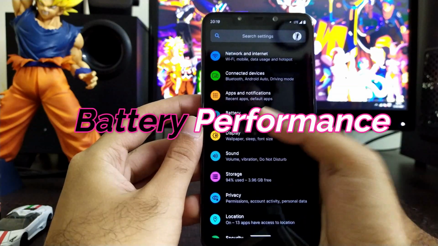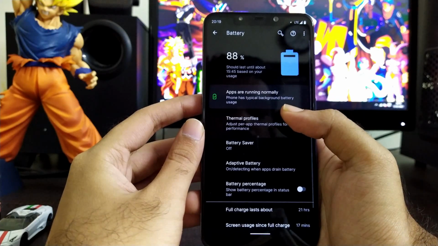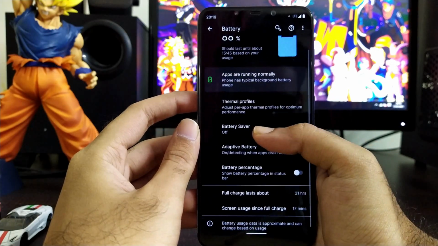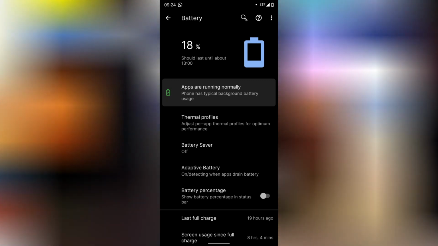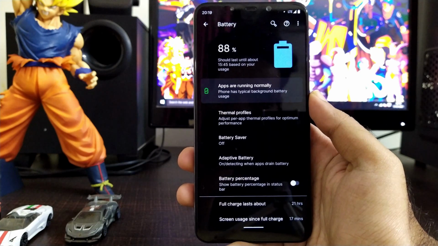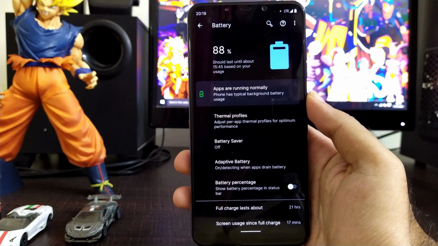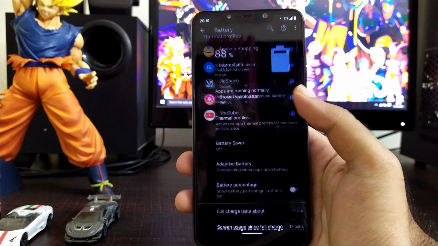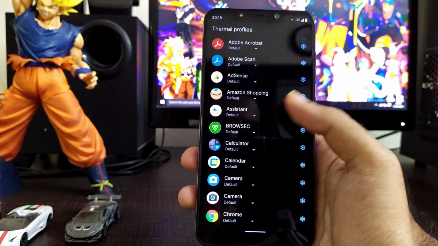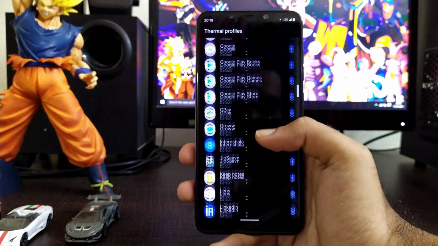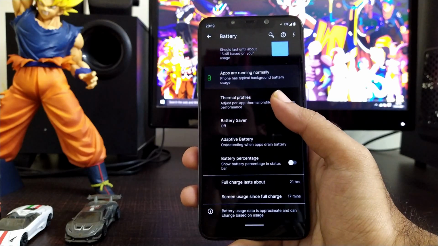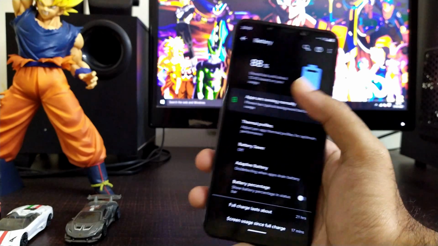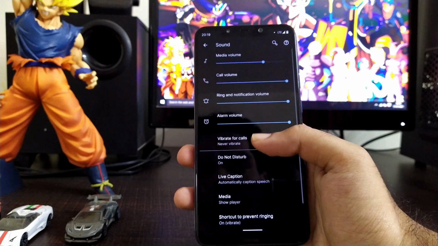So let's talk about the battery performance in this ROM. The battery performance in this ROM is kind of a beast. You will get about 8 to 9 hours of screen on time. On normal usage, you will get about 12 to 13 hours. This is something because I have used a whole lot of applications and my hotspot was activated daily itself. But the battery performance is extremely good in this ROM. I don't know why, but I am pretty impressed with the battery performance, and you will get impressed too.